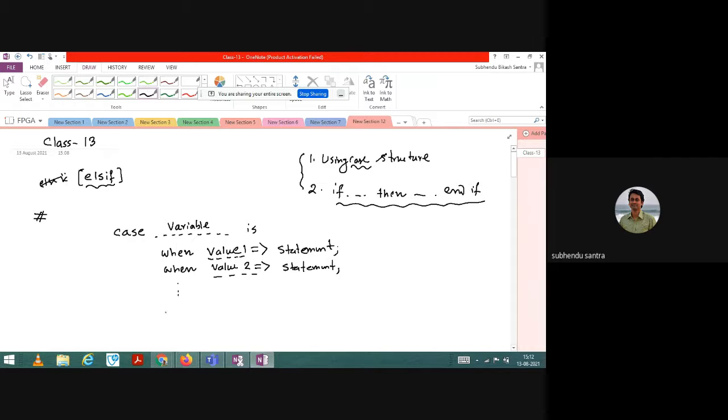And lastly, when there is no other value, I will write others. If you are not sure what the value is, then you should write others, then statement, and finally end case. So this part you have to use.